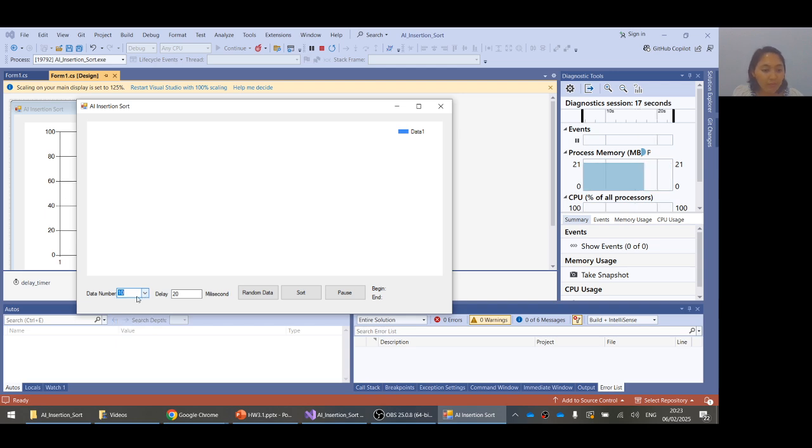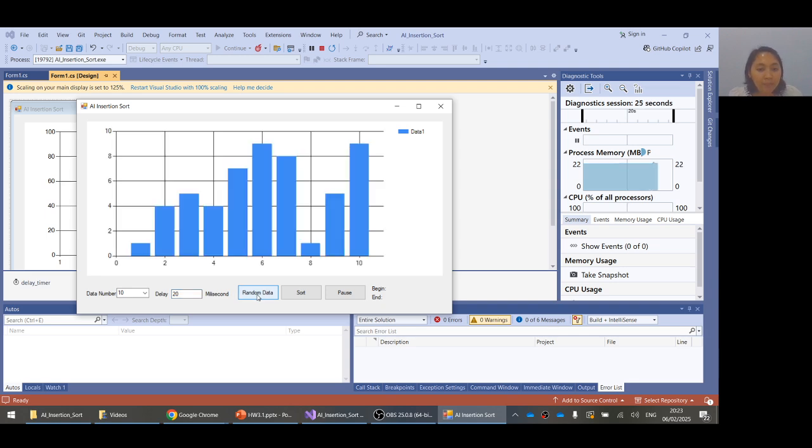I will use 10 first, and then the delay is 20 milliseconds, and I will click the random data, and there will be shown 10 data: 1, 2, 3, 4, 5, 6, 7, 8, 9, 10.